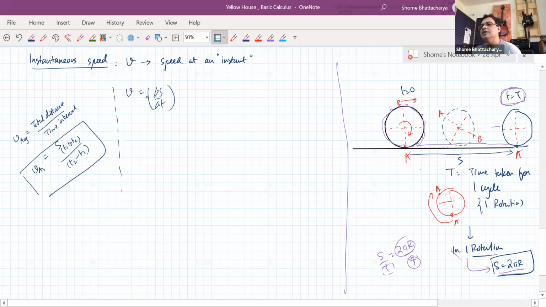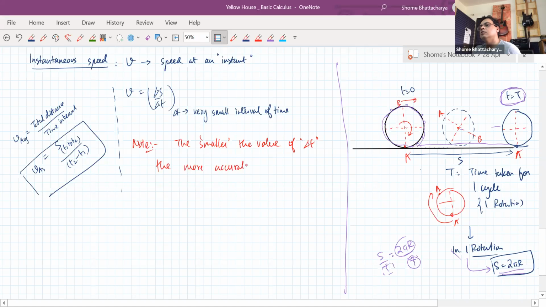and we saw how we put this in practice in that particular question. But what is our instantaneous speed? Our instantaneous speed is the distance divided by the time, but for the specific condition where delta t should be a very small, an extremely small interval of time. And in fact, the smaller the interval of time, the more accurate our measurement is. Okay, the smaller the value of delta t, the more accurate is the measurement